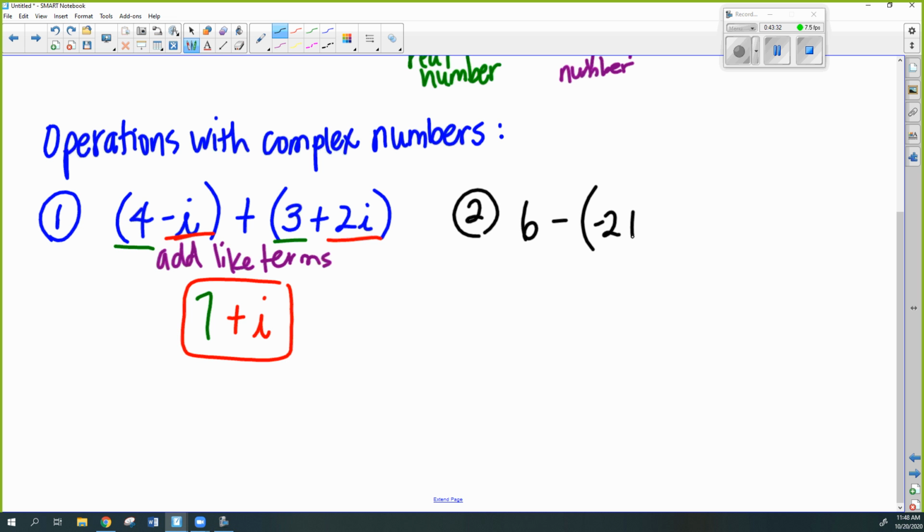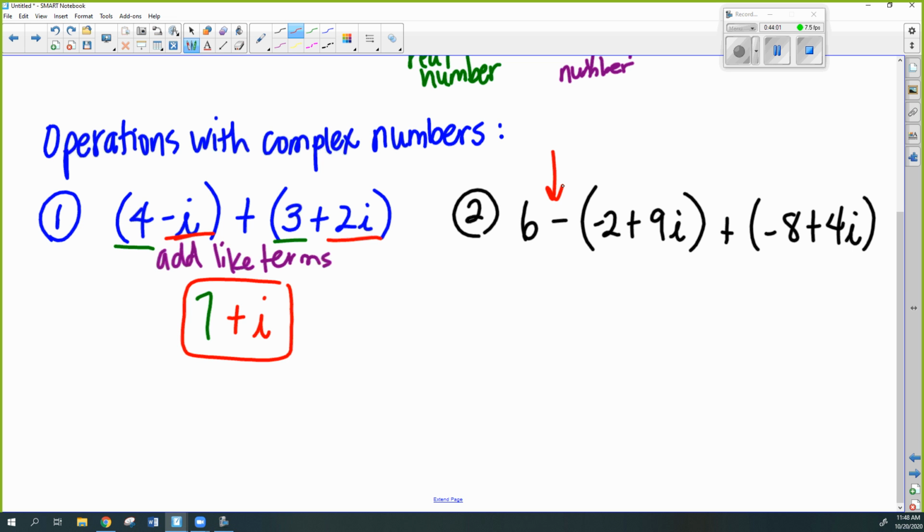6 minus the complex number -2 plus 9i plus the complex number -8 plus 4i. Okay? So this time I'm adding or subtracting 3 things. 2 of them are complex numbers, 6 is just a regular real number. The one thing you have to be careful of here